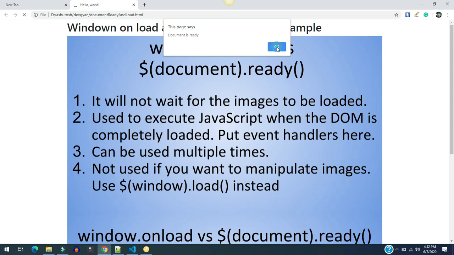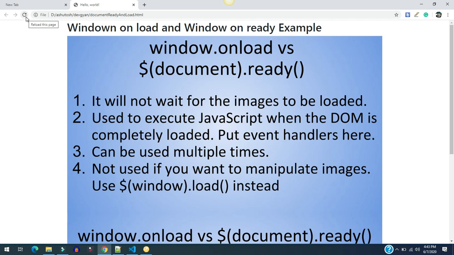So let's click OK. And the second alert says that after all the images are loaded, then window load is called. Actually it's happening so quickly that you cannot identify when our DOM gets ready and when the images are also loaded.